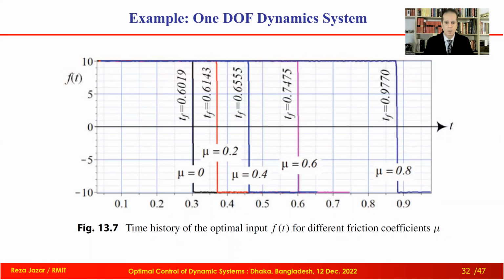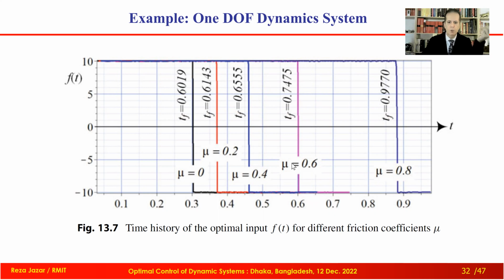Look at this. I'm talking about the mass with friction. When there is no friction, mu equal to 0, I'm switching here, which is in the middle of the path. You don't see it in the middle because when we have no friction, the solution ends here at 0.6. There is nothing on the right-hand side. Horizontal axis is time. When we introduce friction, you understand that the total time increases. Switching point is shifted to the right side.